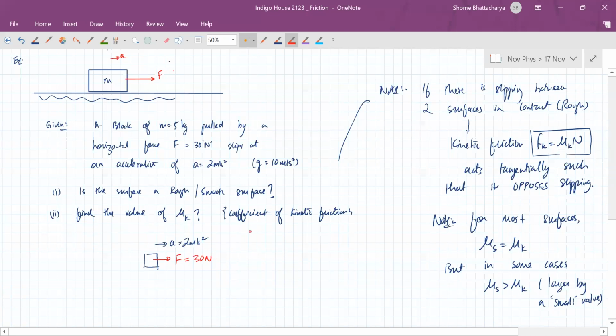So the acceleration is less than F by m. That is showing us that kinetic friction is acting, because F by m would have been 30 by 5, or 6 meters per second square. But since the acceleration is less than that,